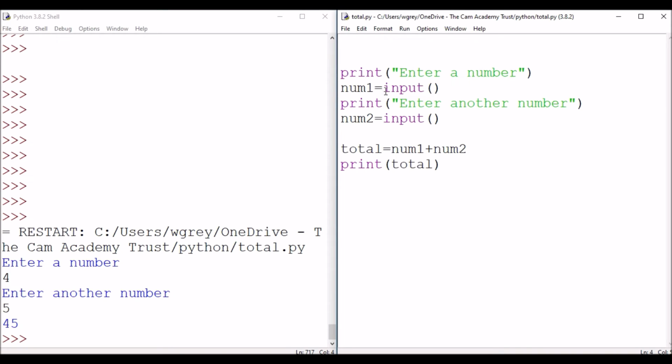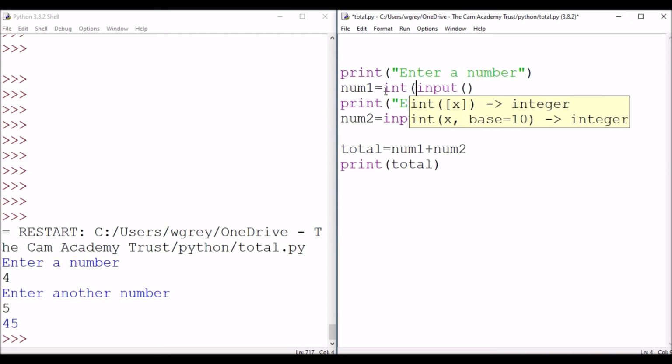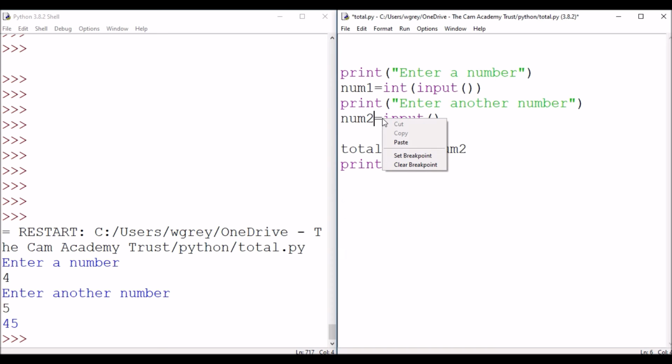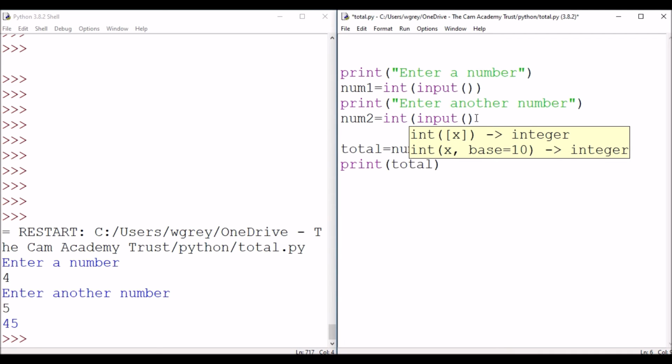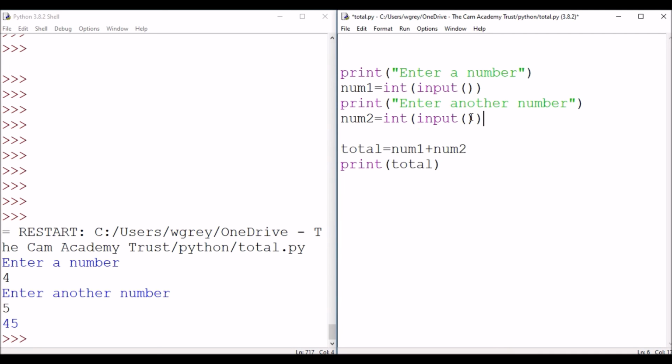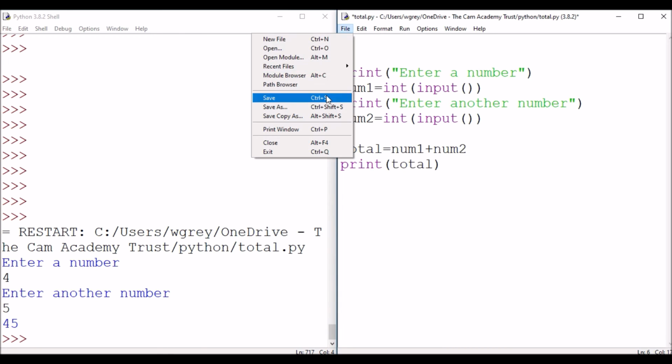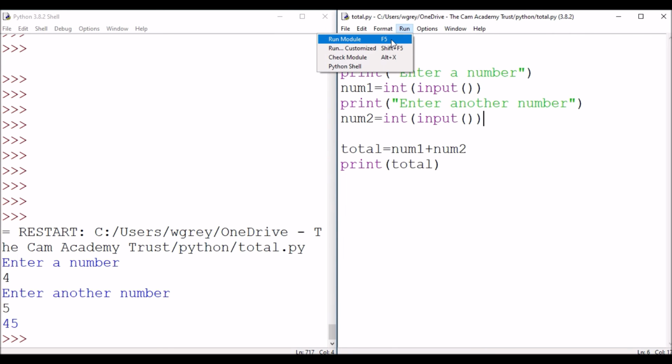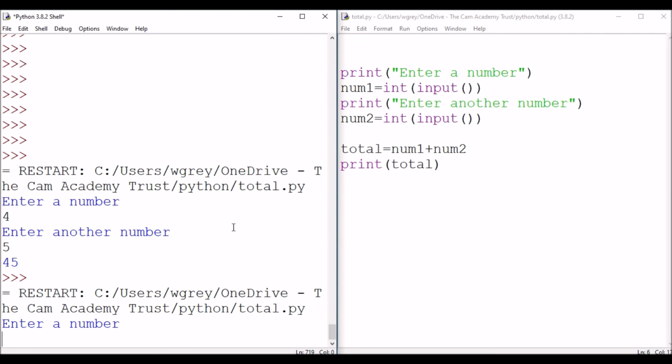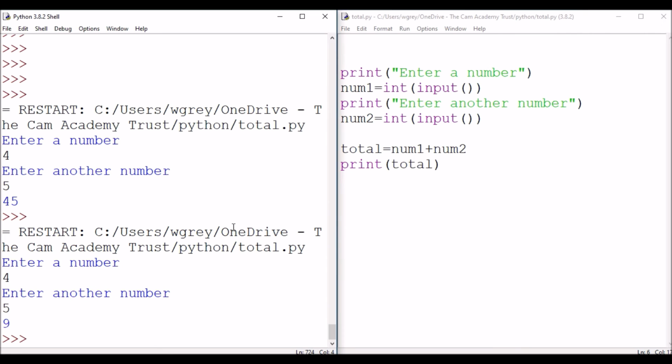The first way is we could add in an int, which casts the input. So if we just put int there, and then again for the second number as well, we do int. So what we're doing is casting the input, converting from a string, which is what input does by default, to an integer. So if I save that now and run it, it should behave in a very different way. Enter a number 4, enter a number 5, and it's given us what we wanted in the first place,